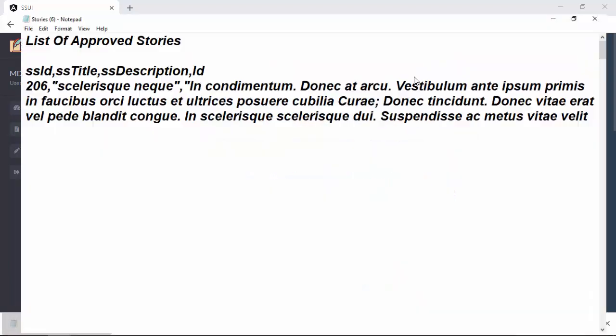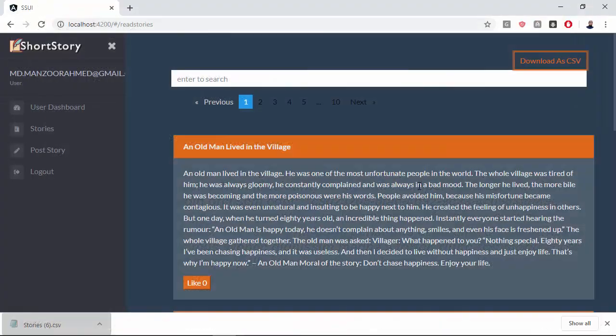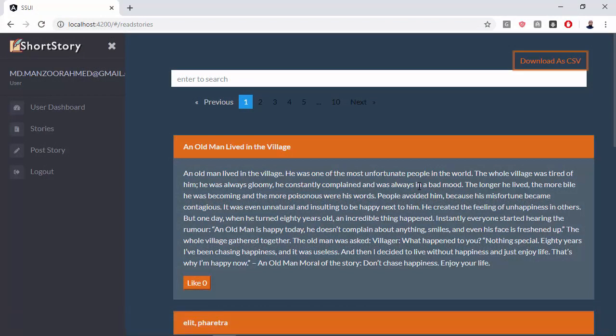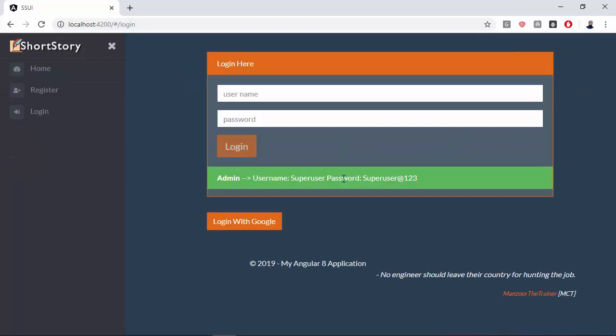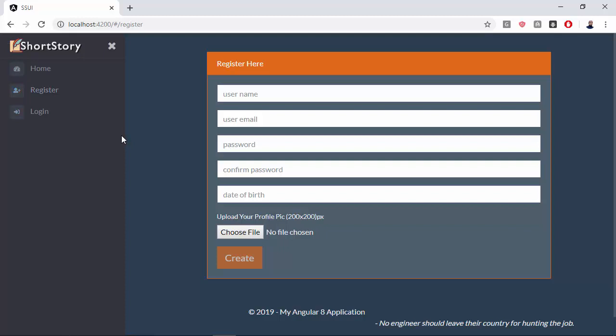You can open it in Excel sheet. You should get this file as Excel beautiful columns. If any user doesn't want to go with their social login, they can also register. And this registration form is also a beautiful form where I have implemented two things in the single form, that is the user details and the profile pic. So in this we have learned how to send user details along with profile pic.